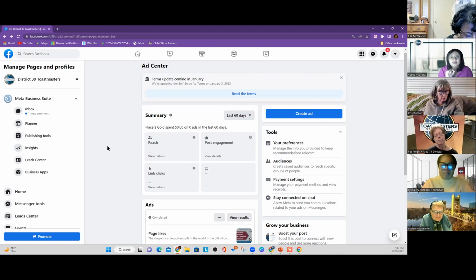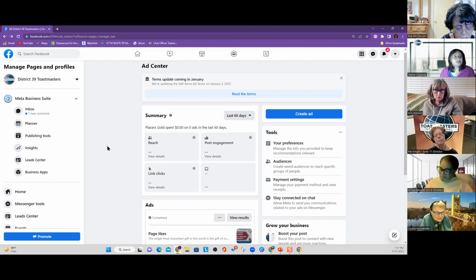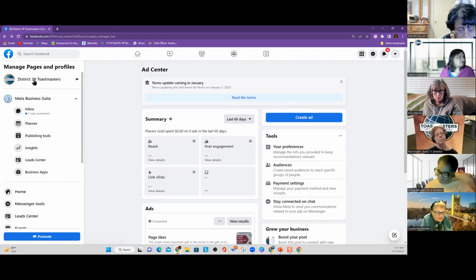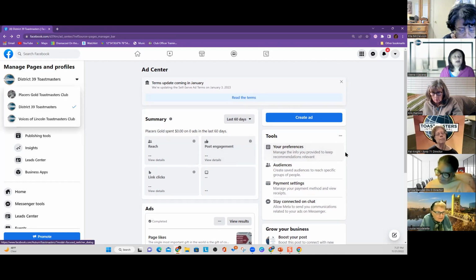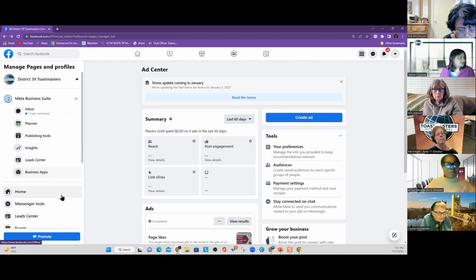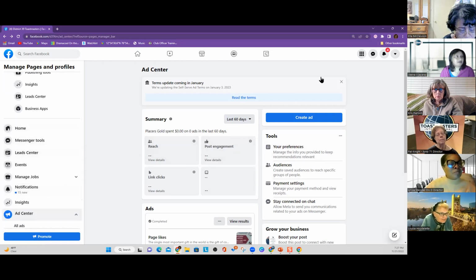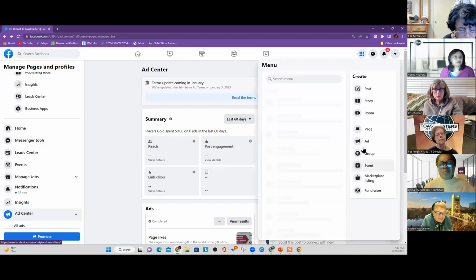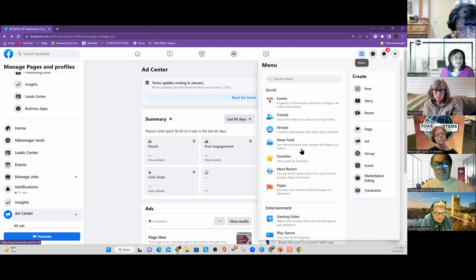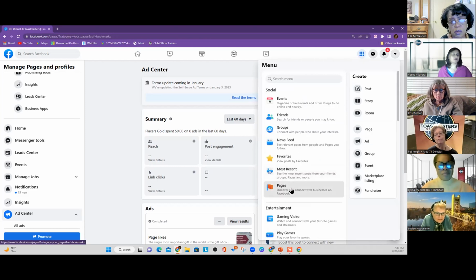So I'll have to recreate the whole thing, and I don't have the time to do it. But if you just share it on your profile and share it with me, I will share it to the District 39 Facebook page. So if you notice, you will see a whole bunch of members, our clubs' information out there. If I keep going back and forth between places it's a little slow, but if you go to the page itself,